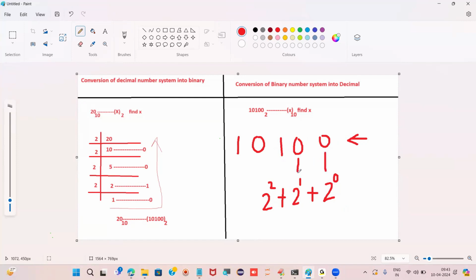Next, so I'll write it like this. For this, I'll go for 2 power of 3, plus 2 power of 3 multiply with this, right? And last one is plus 2 power of 4. 2 power of 4 multiply with 1, right? Now, if you calculate this,